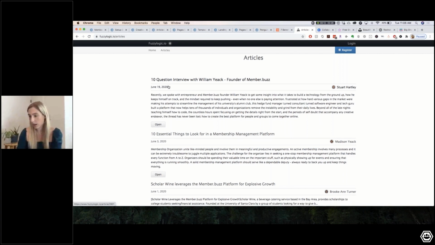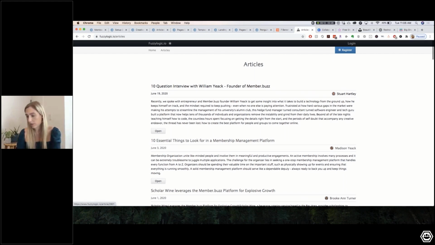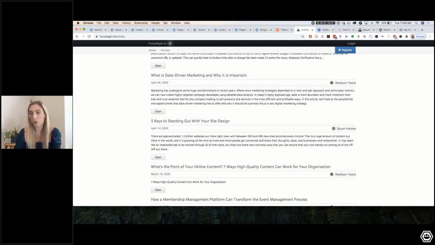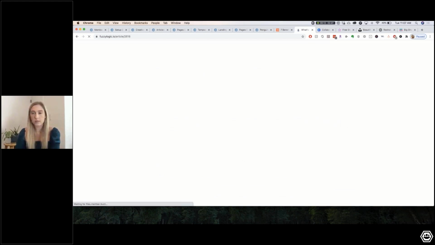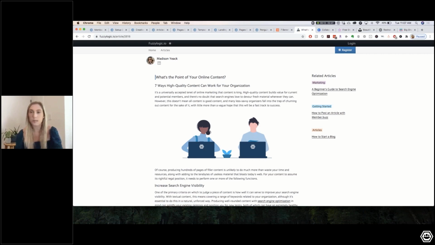So what we're going to do is we're actually going to choose one of these articles. We wrote an article about the importance of content. We're just going to open that one up, and I'm going to show you a bit about it. So just like every page on Member.buzz, you can completely customize it. And sometimes that can be scary at first, like, what do I want this to look like? And so there's lots of different templates that we can kind of talk through today, but this one has